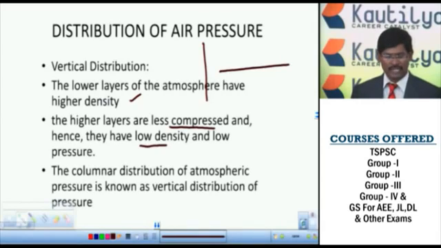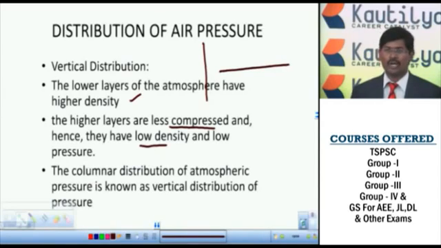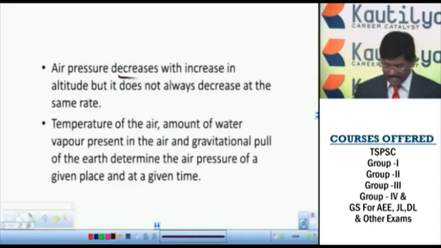In the lower level areas we have high pressure, and when you go to high altitude, atmospheric pressure decreases. So this is the vertical distribution. When you go away from the earth's surface, that is the vertical distribution of atmospheric pressure. This pressure decreases with increasing altitude, for example from the mountain region,